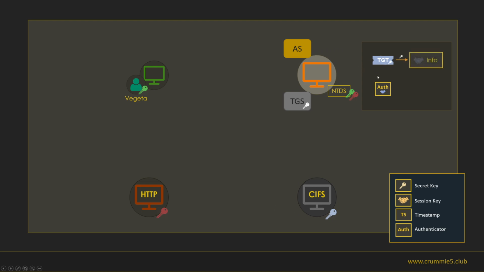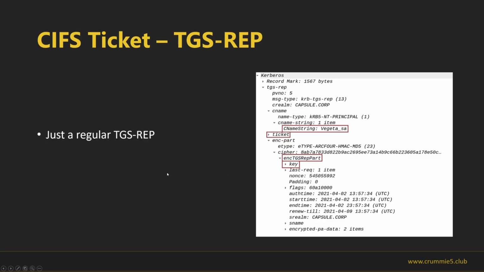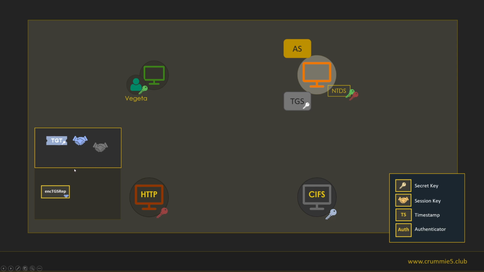The domain controller will verify that everything is correct and will respond with a service ticket for SQL01. We can see that it is encrypted with the secret key of SQL01, and the encrypted TGS response. Just a regular TGS response, but in the name of Vegeta. So the service will decrypt this.